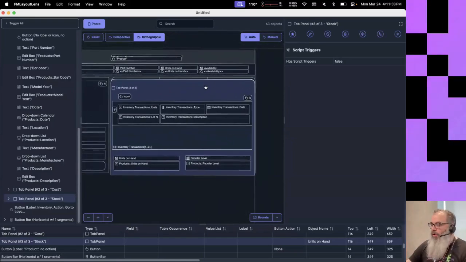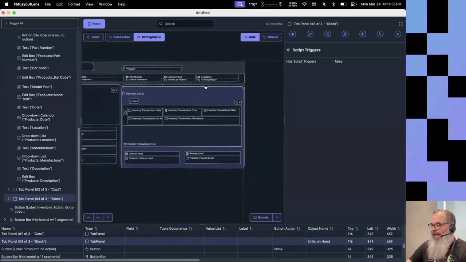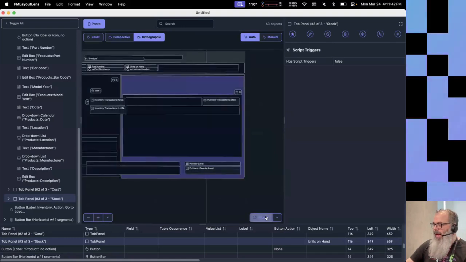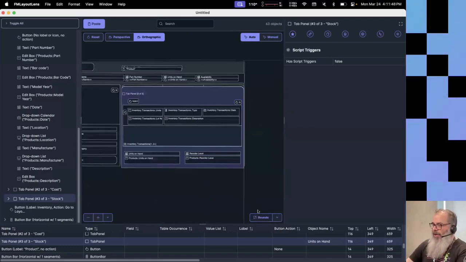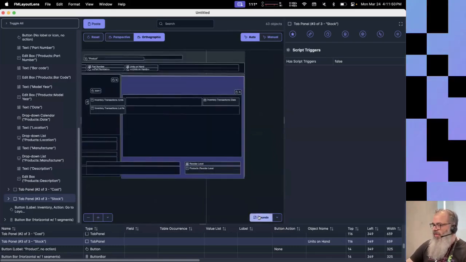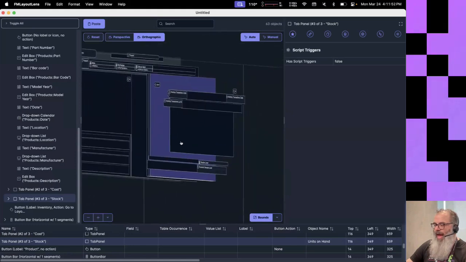Wow. Okay. If you want to see how this is going to react to resizing the window, we have this little bounds button here, and I can click this, and it will do a resize. Okay, we're actually changing the size of the layout as we do this, and you're seeing how things expand,